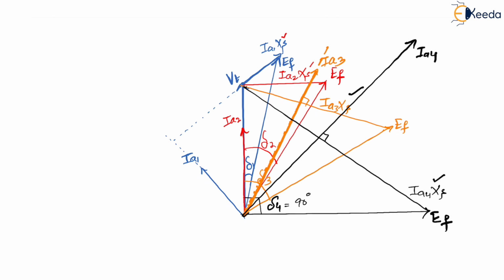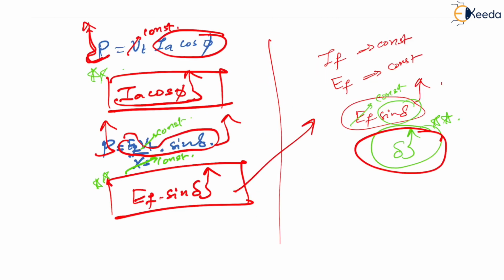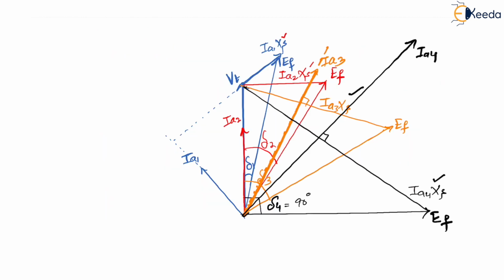Now let us understand something. Let us see if those things which had to increase have increased or not. What is the first thing? Ia cos phi is increased. Let us see. The first one, if you consider Ia1 blue, where is Ia1 cos phi for blue? For the blue case, Ia1 cos phi is only here. Yes or no? Yes sir.